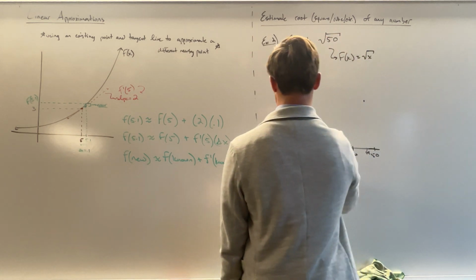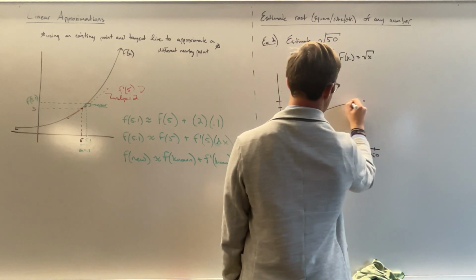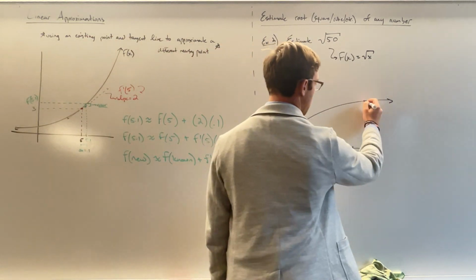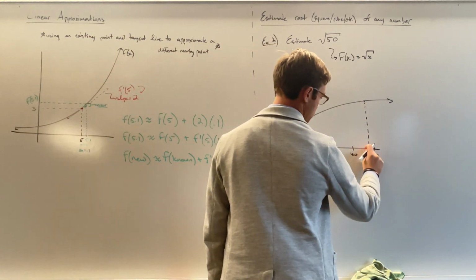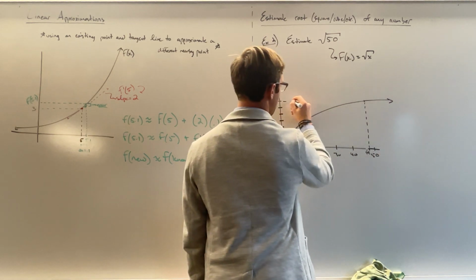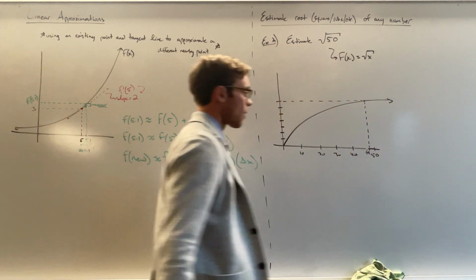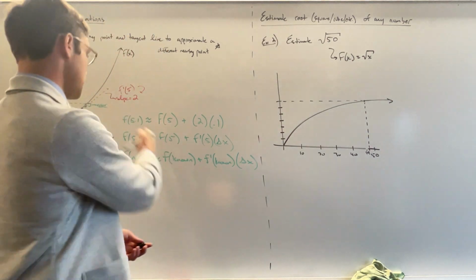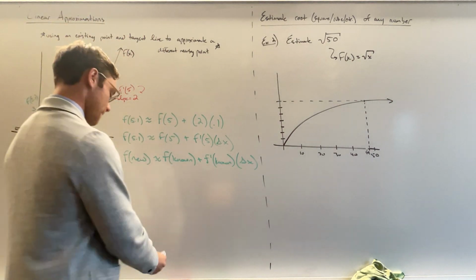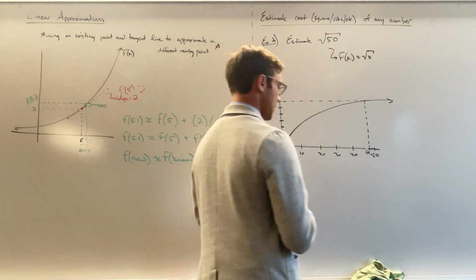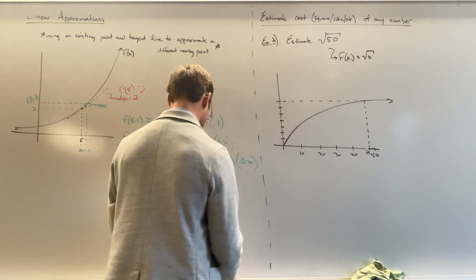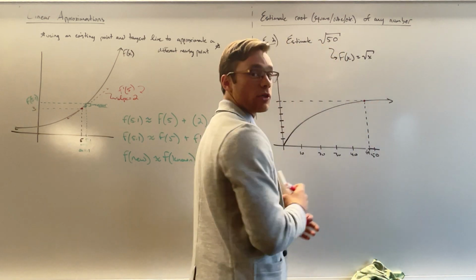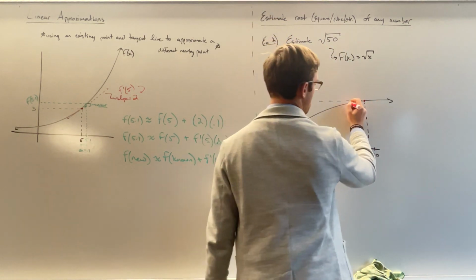Try to get this right. So that's what our function looks like, and we know that the square root of 49, so there, is 7. So now the question becomes, what's the square root of 50? What we can do is use this linear approximation idea. We can say, all right, let's take the tangent line at 49. You want to approximate root 50? Okay, let's take all the information we know about the square root of 49